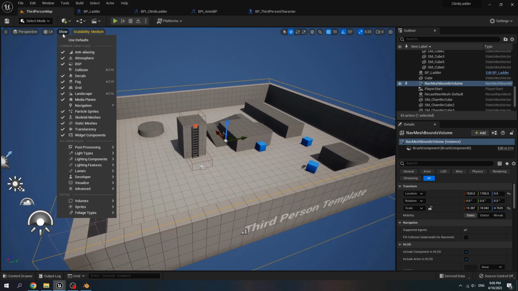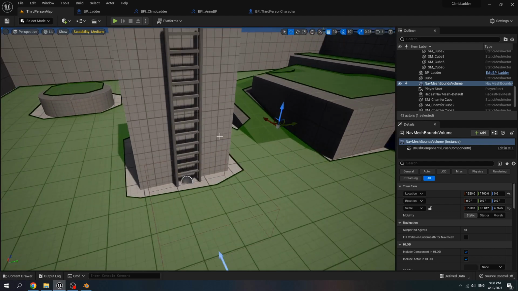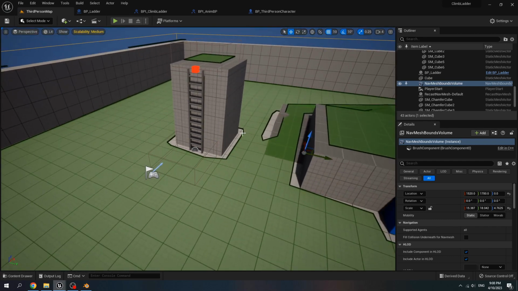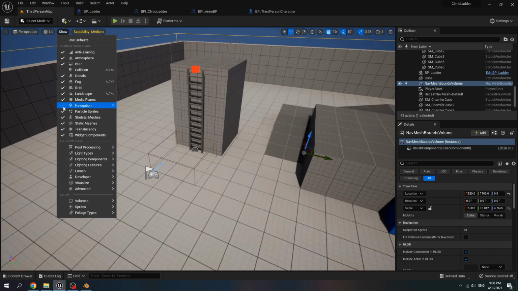To view our nav mesh, click on navigation, and here we can see the navigation path that the character can walk on. We want the character, when we click space, to walk to the snapping point and then start climbing the ladder. And to disable the green view of the path, go to show and disable this navigation.